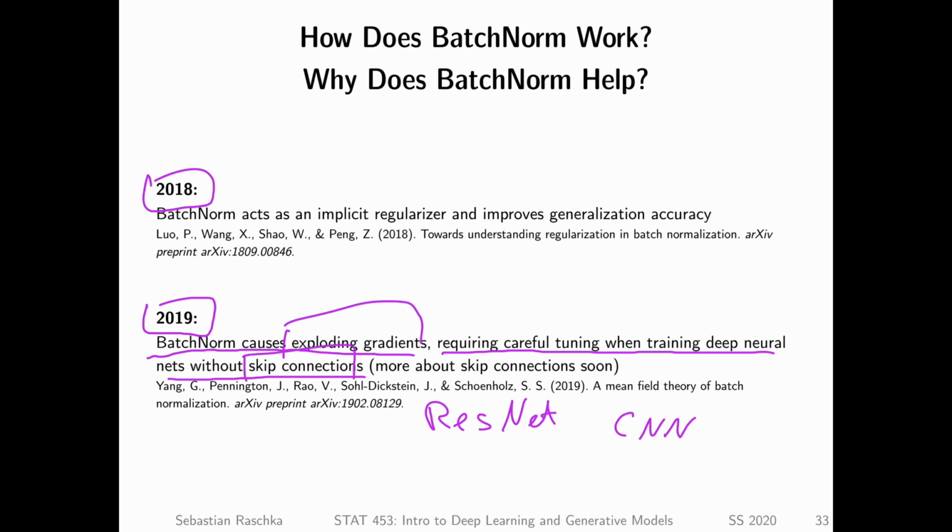This is just a brief summary of what people think batch norm is doing. Of course, there are many competing theories, and I don't think we have a conclusion yet on why batch norm works so well. Like I said, my opinion is that it's just additional parameters, and that may help, but who knows, maybe we'll see some more papers this year.